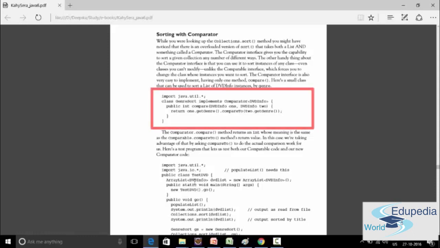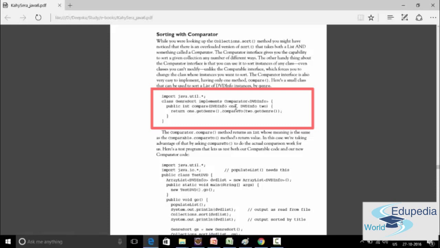Here is a small class that can be used to sort a list of DVD info instances by genre. You can see over here we are implementing comparator and we are passing DVD info into that. When we implement comparator, we need to override the compare method, int compare. Inside int compare, we can pass two objects.